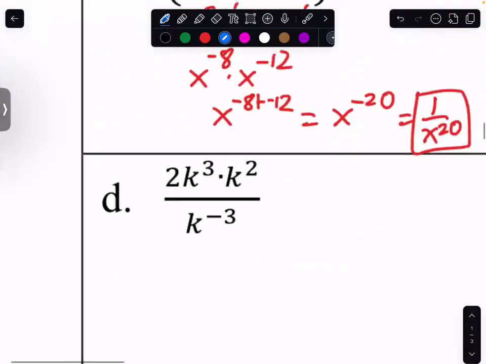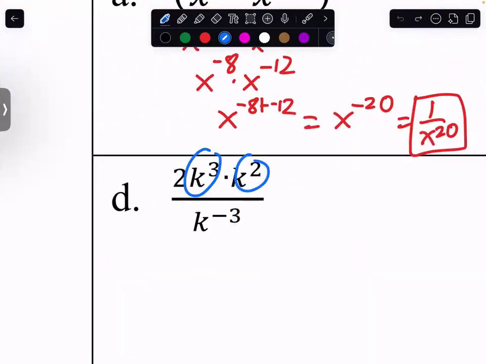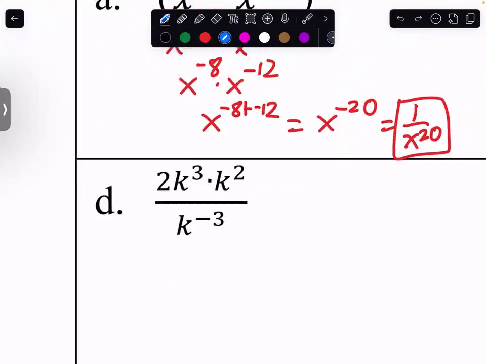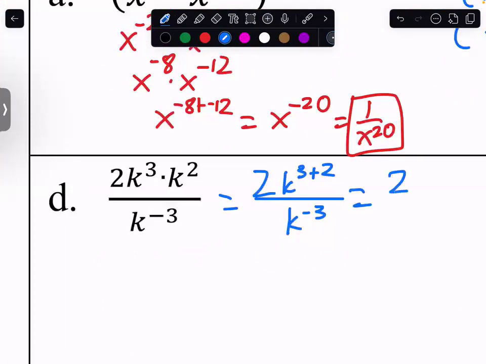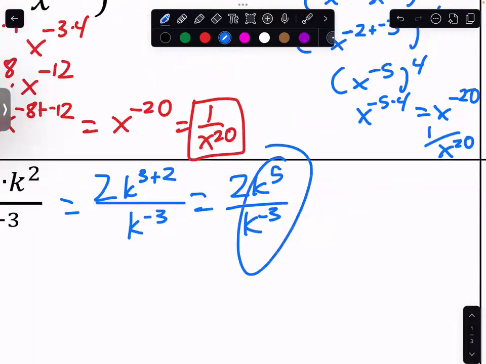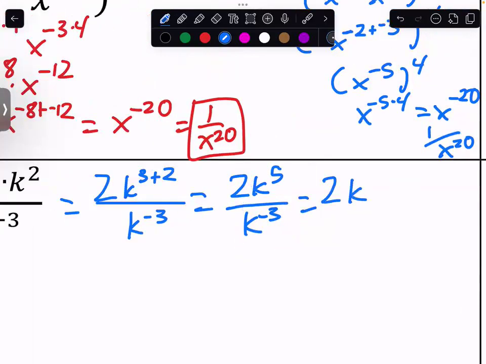Okay, so over here you have 3 k terms. You can combine these 2 first and then combine it with that after, or you can combine these first and do that after. It doesn't really make a difference. I'll choose to combine the top 2 first. Okay, so I'm leaving the 2 alone. I'm leaving the k to the -3rd alone, but we'll combine these together. Okay, so since they're multiplying each other, you add their exponents. And now you can combine these 2 together. Those are getting divided, so you would subtract their exponents. But 5 minus -3, you add the opposite, so